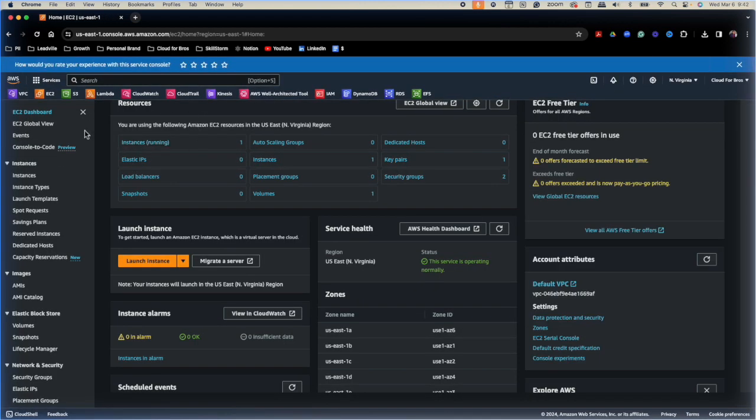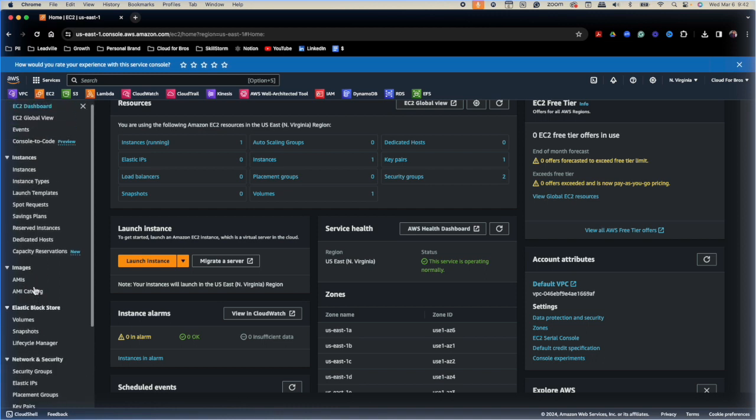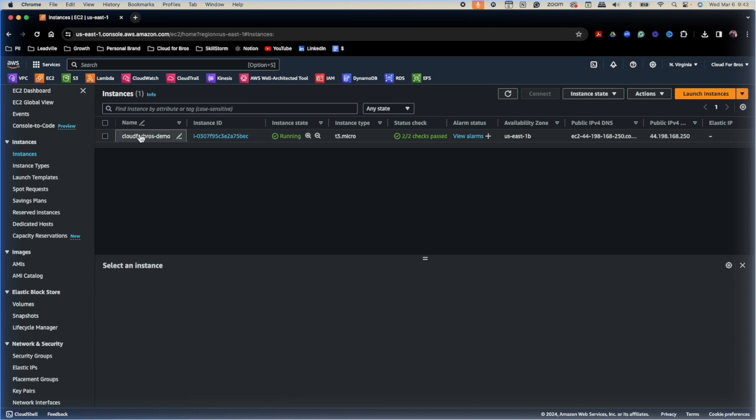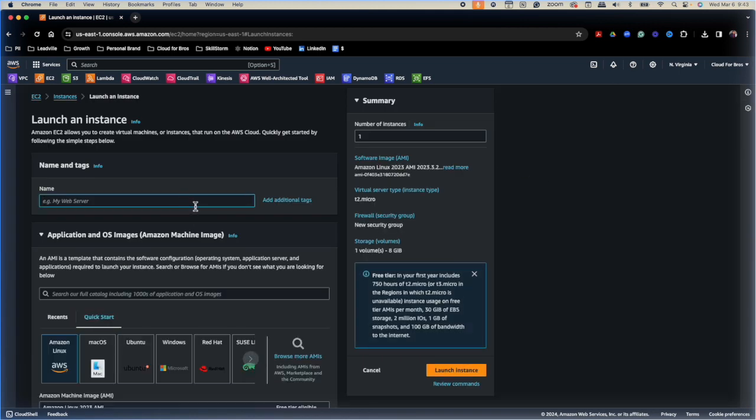Okay. So as you can see here, we have the EC2 dashboard and a bunch of different options, which we will go into in later videos. But for this brief demo, I'm just going to show you how to quickly provision your own Amazon EC2 instance or a virtual machine. So click on instances. As you can see here, I already created one this morning, Cloud for Bros demo. But we're going to go ahead and create a new one. I'm going to walk you through the process. We're going to go ahead and click launch instance, give it a name. I'm going to name it Dylan's